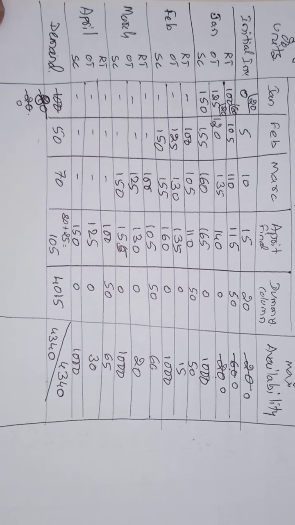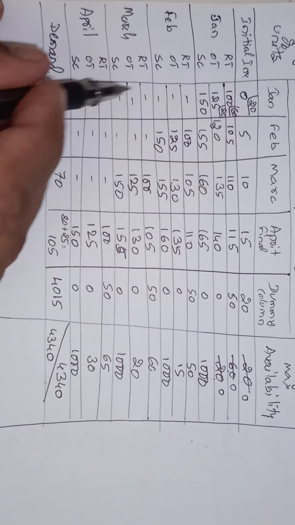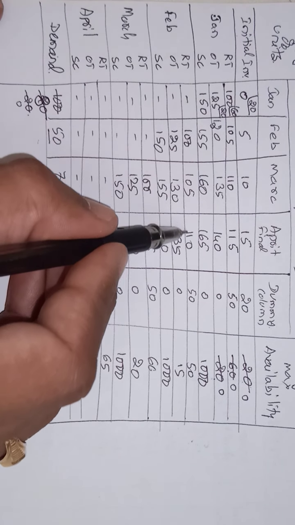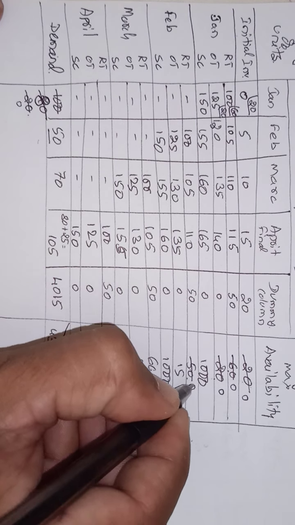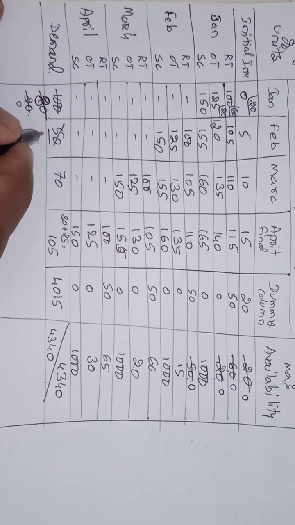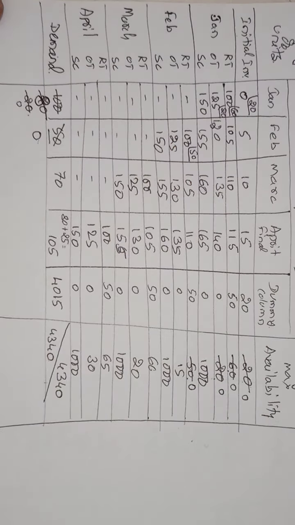The same procedure has to be carried out for the February, March and April months. In the February month, what is the demand? 50, right? By this regular time, how much quantity is available? 50, right? So use this particular 50 quantity and make it 0. Here it will become 0, right? So in this case you add the 50 quantities you have used. So in the February month, from regular time production only, we are going to meet the demand.